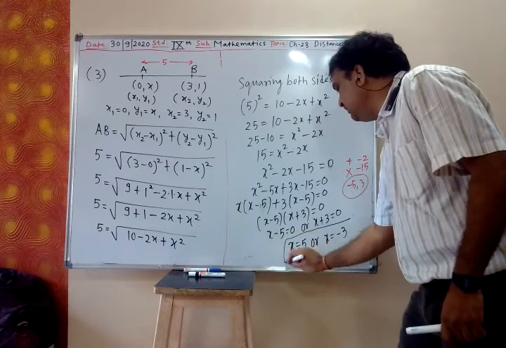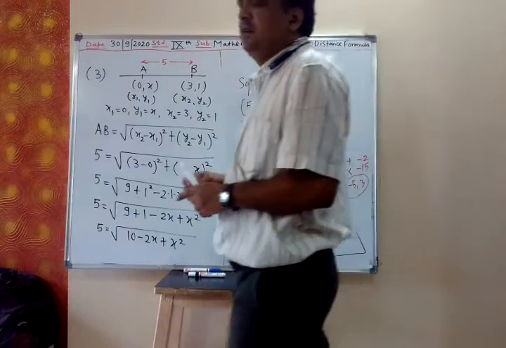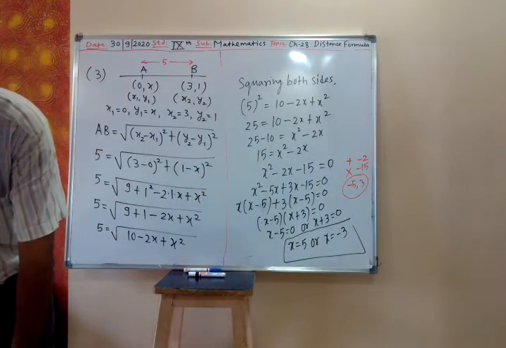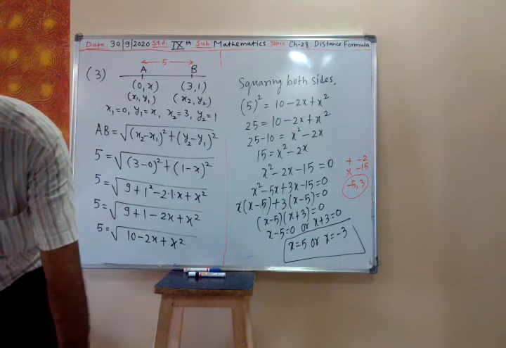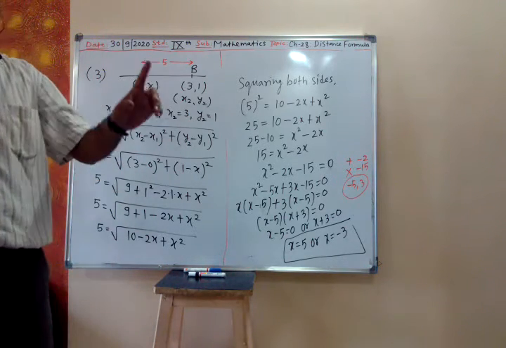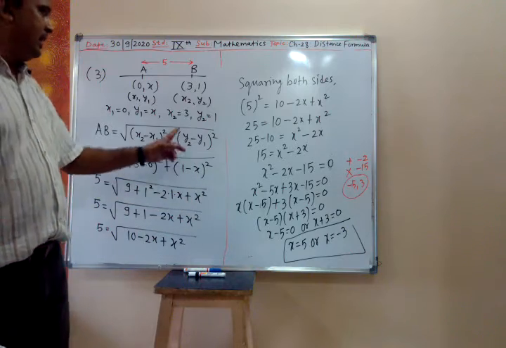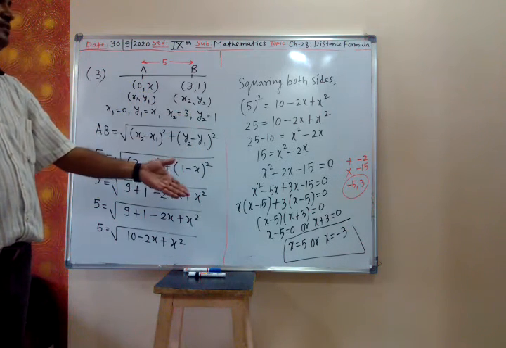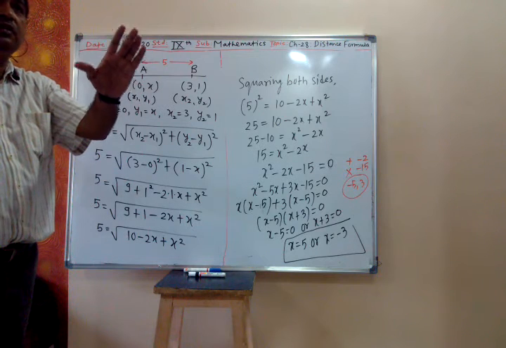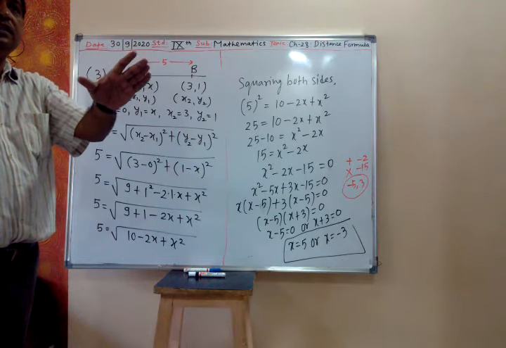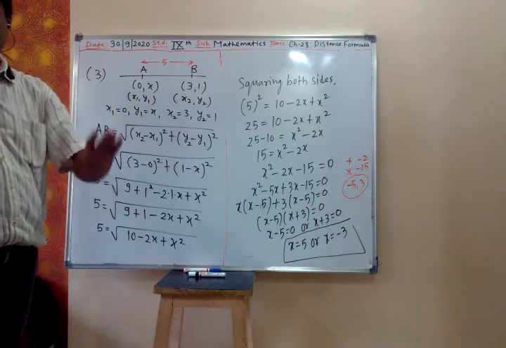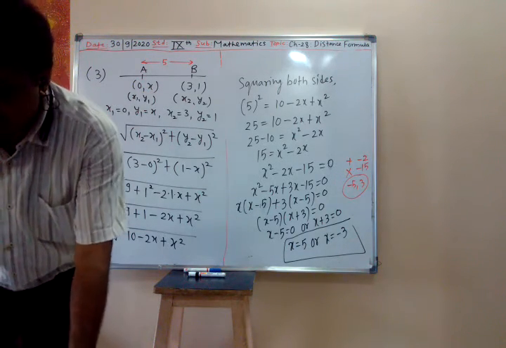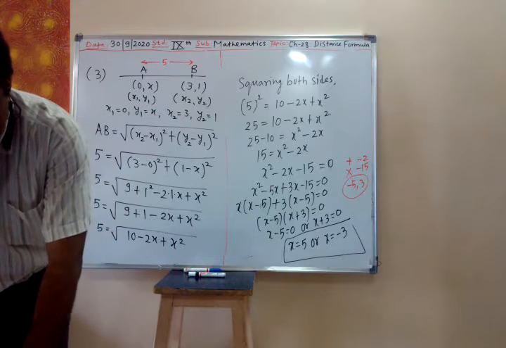You will take both, because they are the coordinates. They are not the length. My x is the coordinate of the point. So you have to take both, plus sign as well as minus sign. Whenever we talk about length or distance, we always take plus sign. But x is only the coordinate. So coordinate can be negative also, it can be positive also.